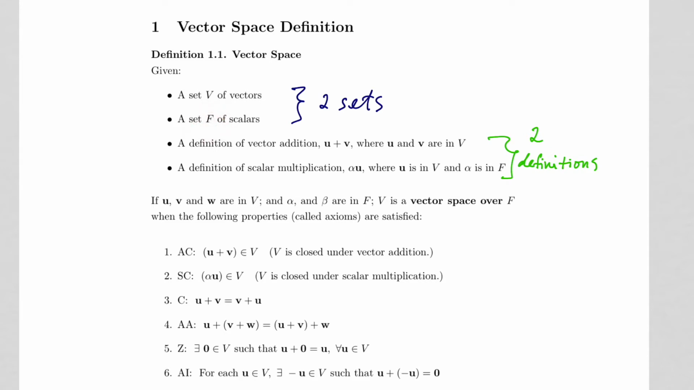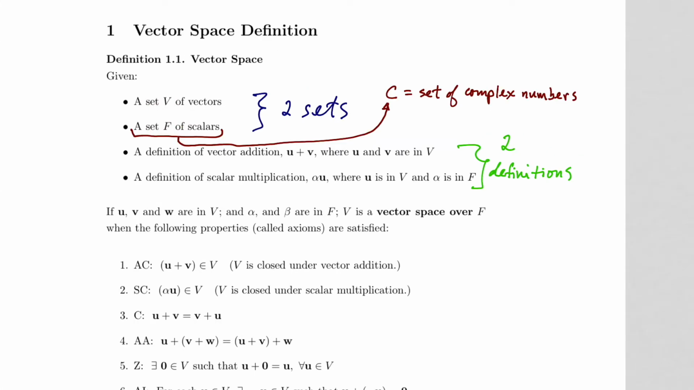It's going to be a set of numbers. In this class, unless we specify otherwise, the field F will be the set of complex numbers. Then for every vector u and v in the set V, we define how to add two vectors together. We also define how to multiply a vector times a scalar. So if alpha is a scalar or a number in the field F, then we define a number times a